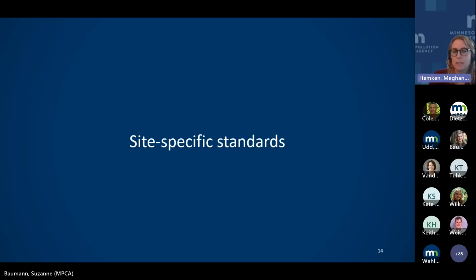So good afternoon, everyone. My name is Megan Hempkin. I'm part of a team that's working on site-specific sulfate standards for MPCA. And today I'll be walking through some of the main points of the framework that we have developed for evaluating